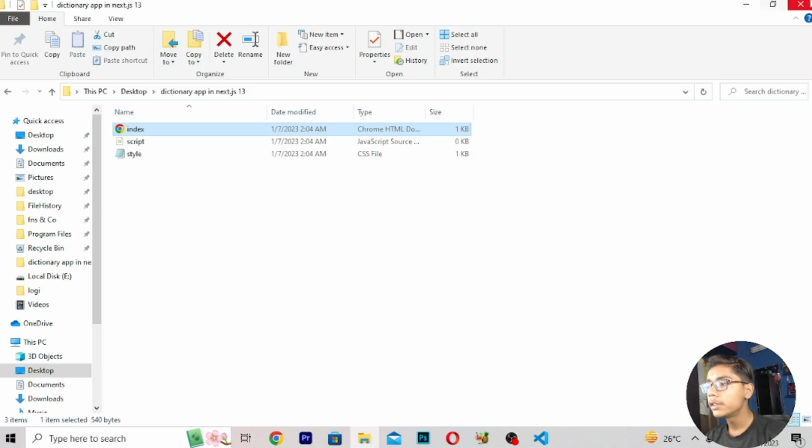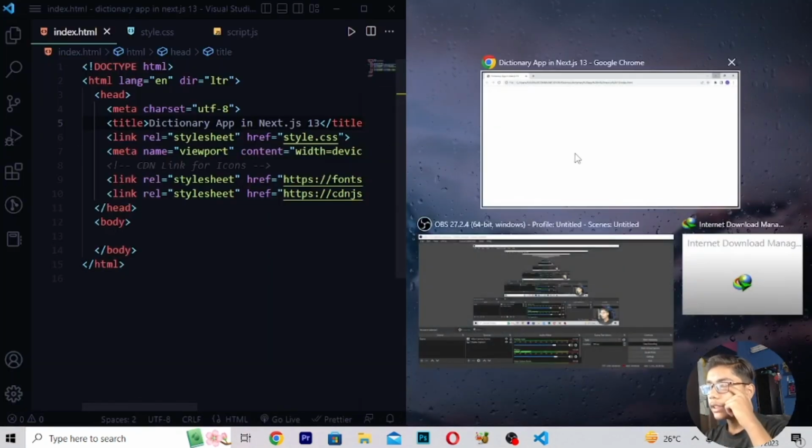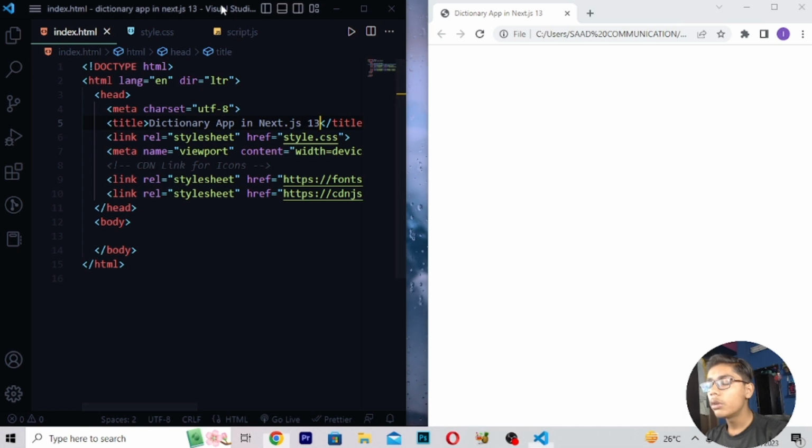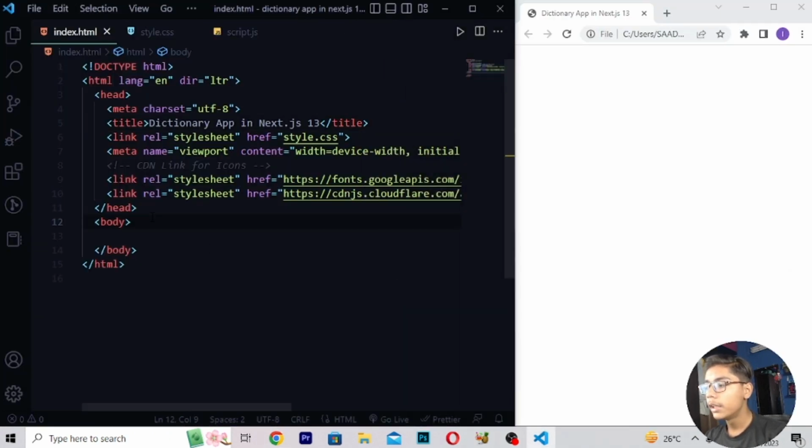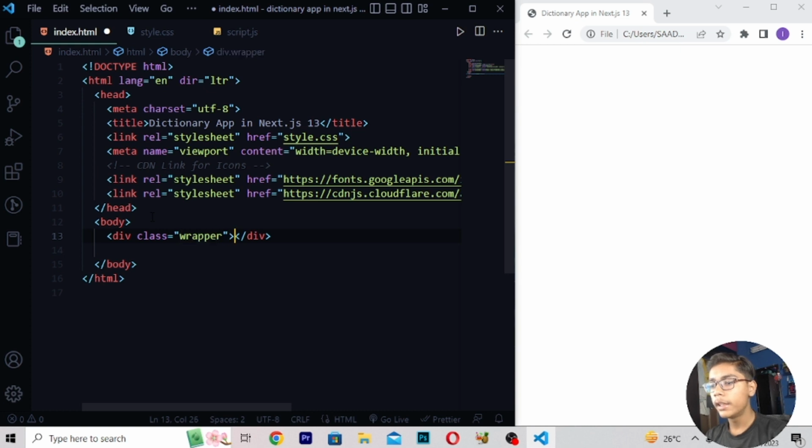You can see here it is, and when you've opened, you have to do it side by side. The coding side should be at the left, and like you all know, at the right we are getting our interface side. So here I'll be doing it like this. Now when you've written all this stuff, you have to move down. Right here, div class wrapper like this. Then you have to move down again.